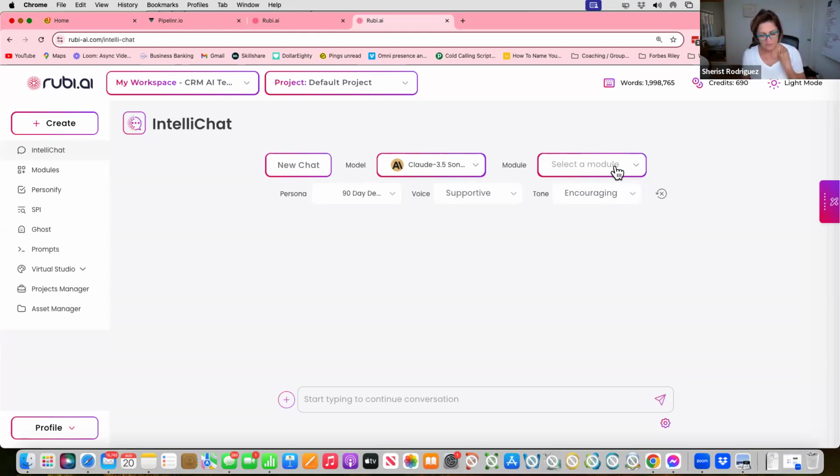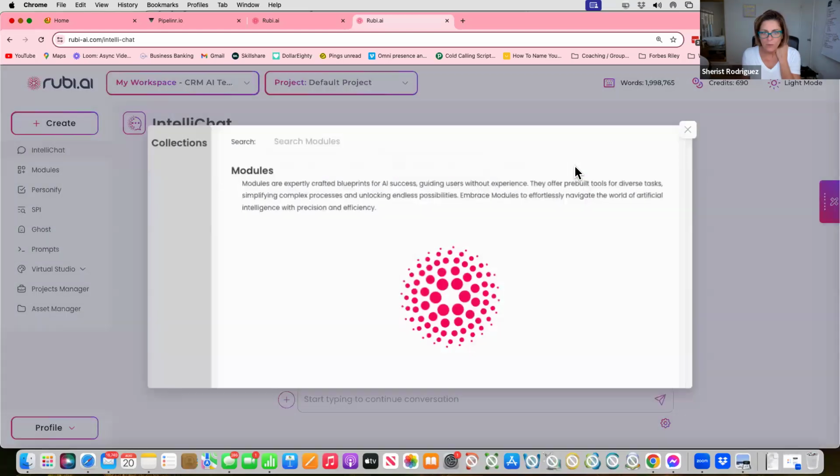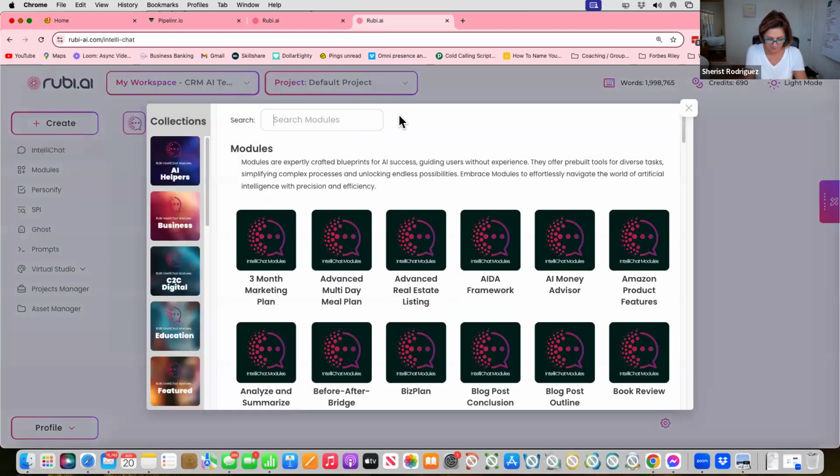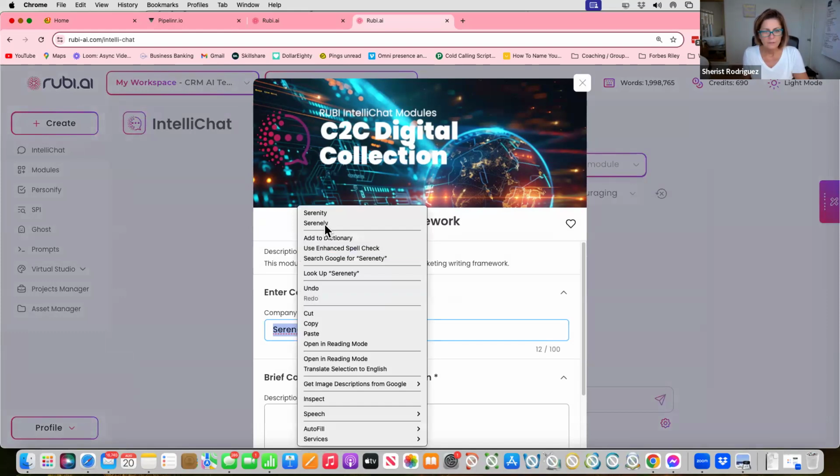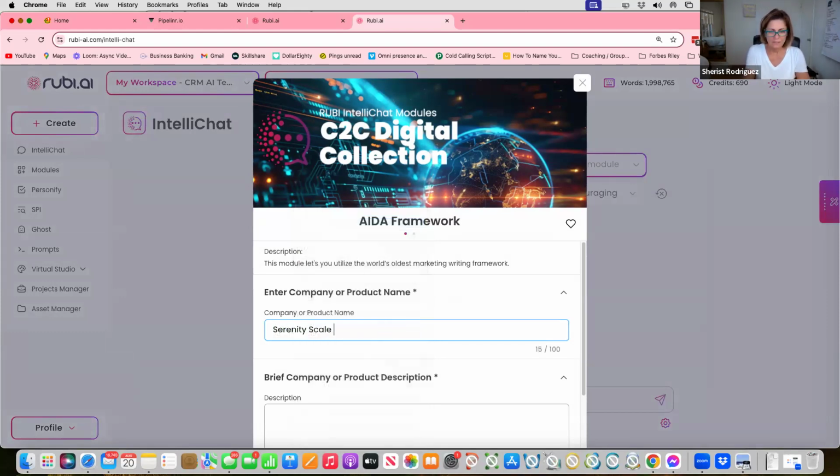Yep. That's awesome. Okay, I'm going to show a couple, but does anyone want to see one in particular? Go ahead and throw it in the chat or tell me. But I think what I'm going to do while you think about it is show you the 801. And so we did the Serenity Scale, let's call it a weight loss program.